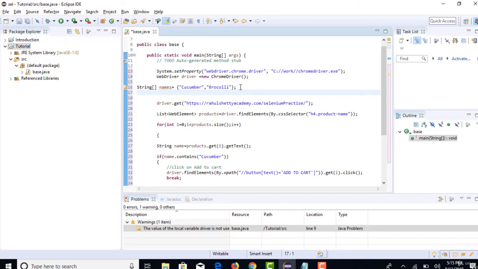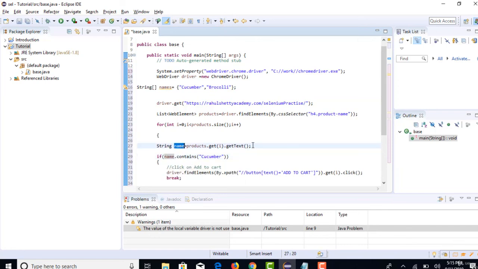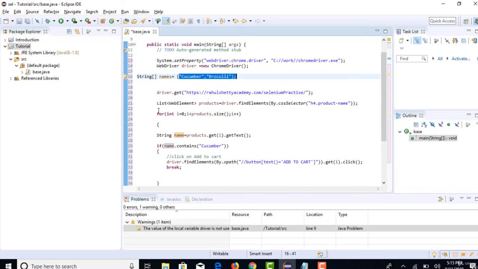Now your goal is to iterate over each and every index, and whatever name you get from that product, if that is present in this array, then go and click that. If there are 100 items in this array, every item you get from that index will be checked to see whether the name you get from this product is present in the array or not. If it is present, then we will just go and click. In this way, without writing extra code, you should be able to achieve it. Let's see how to do that in our next lecture. Thank you.